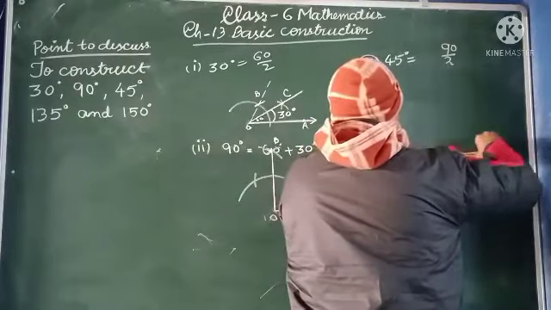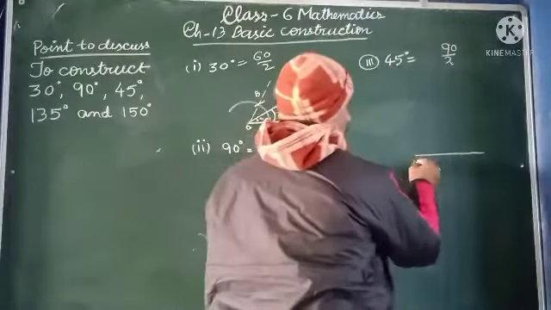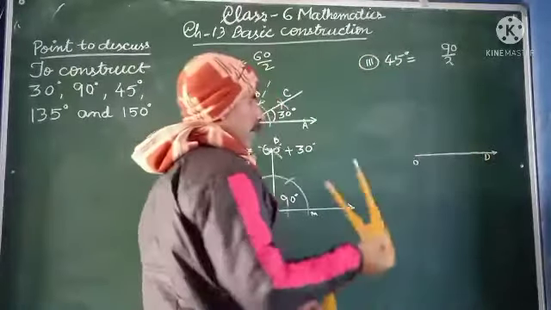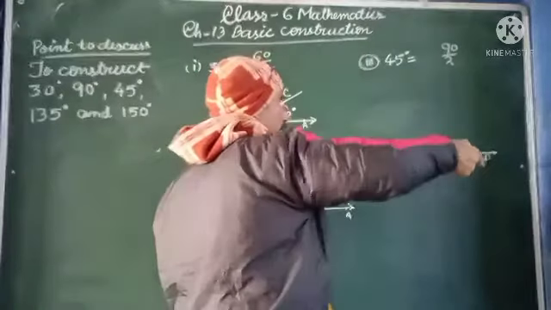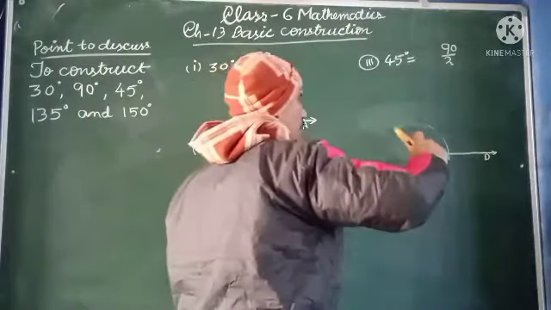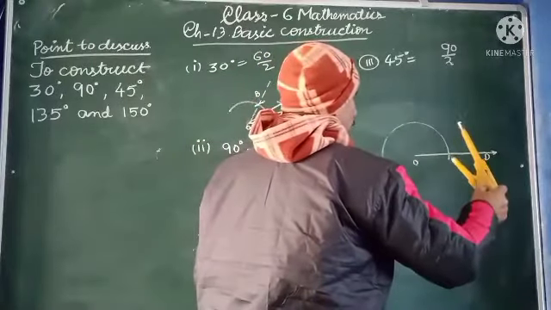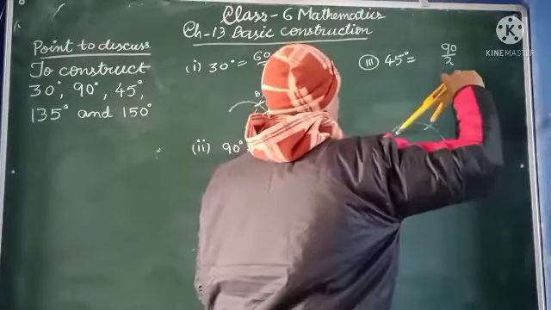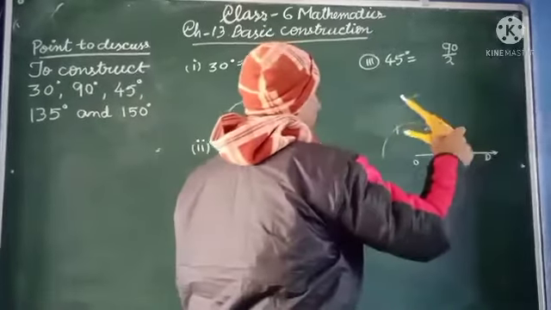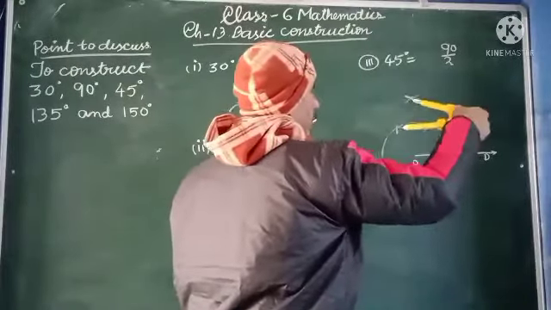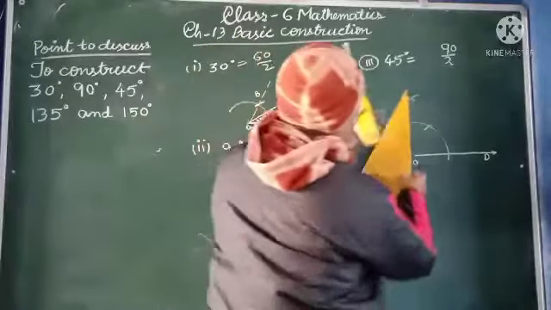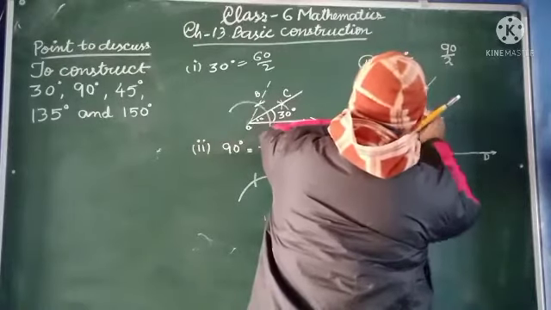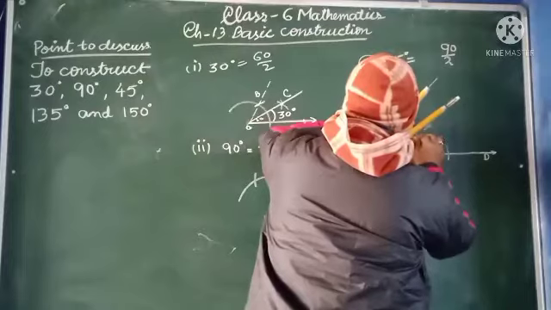First you draw a ray. Suppose this is the ray OP. Then first you draw an arc of any radius with the help of your compass. Then again 60. Then again 60. And this second 60 is bisected here. So from these 2 points we will draw the arc. We got the 90-degree here. We do not join it with this straight line, but we mark here with the dotted line.